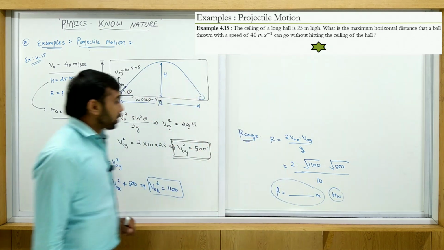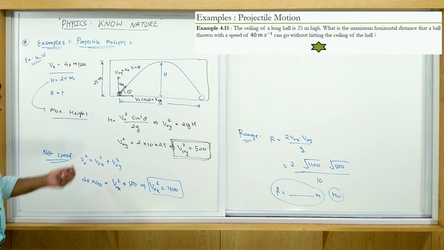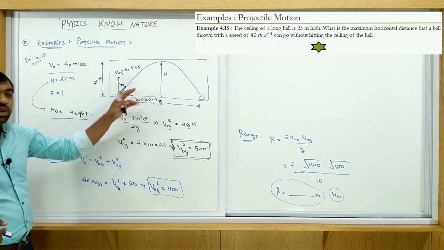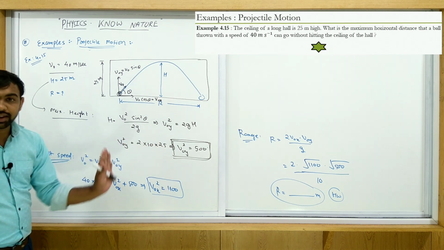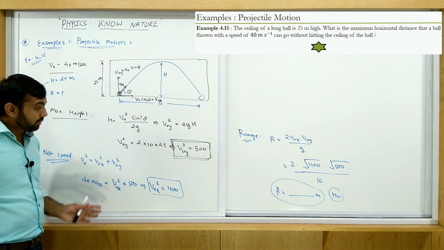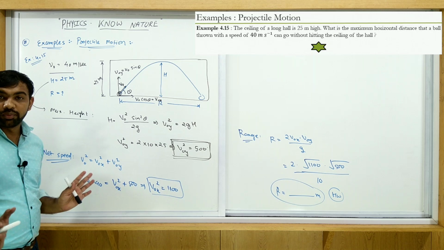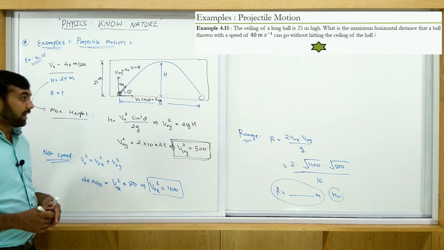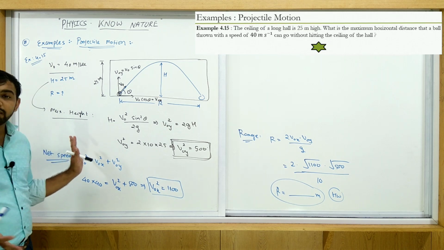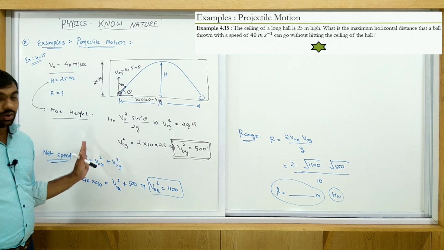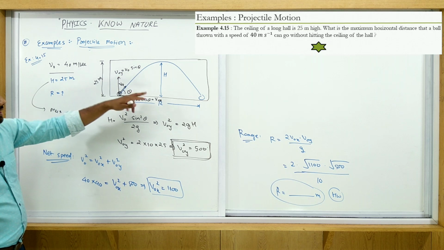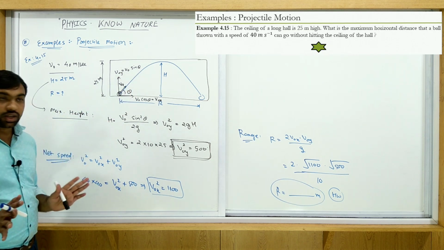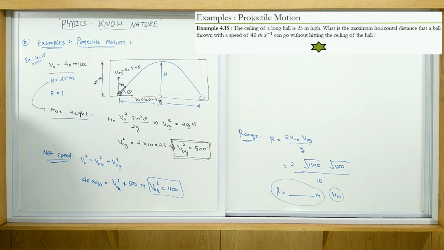Okay, all of you guys note this example in your books properly. Actually आप यहाँ पे theta का equation भी use कर सकते हो, तो पहले theta find करो, sin theta cos theta के use करके भी find कर सकते हो. There is a different method to solve this problem. Okay, so maybe use this one or otherwise use the second method, tan theta is equal to 4h upon R. That is a very well known equation. So you get the relation between R and h in terms of theta. Find the theta and you get this. Okay, all of you guys note this, then after we go to this next one.